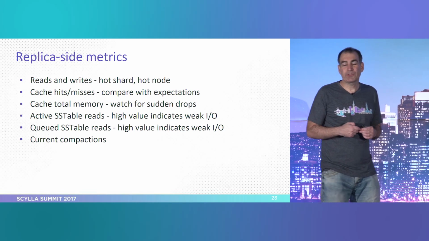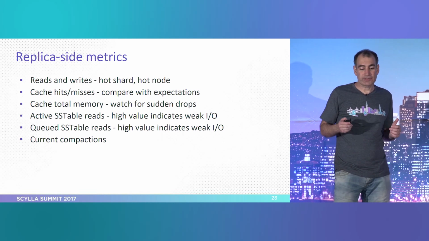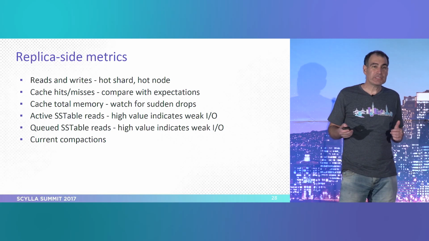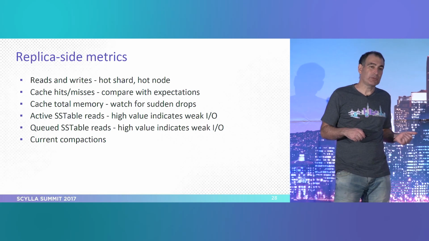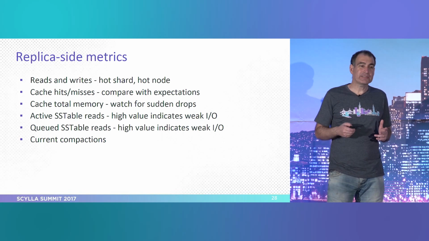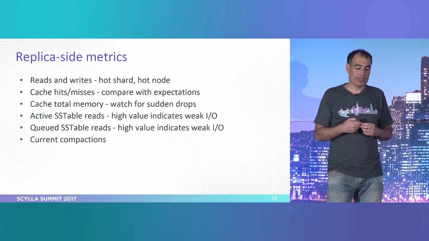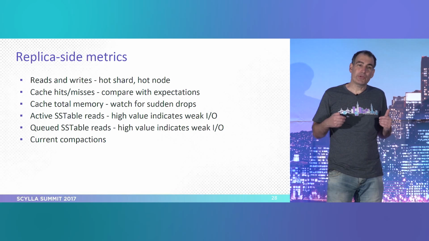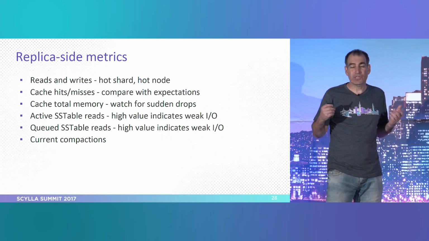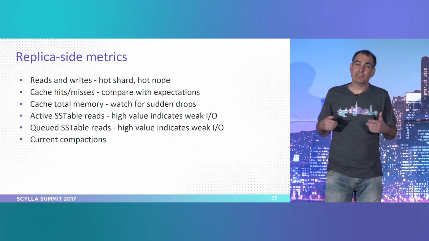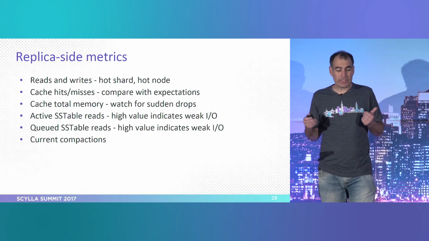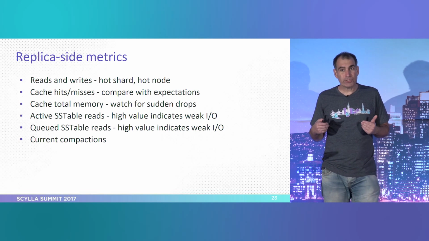If a query did not hit the cache, then it goes to the SS table. And again, we have two important metrics: active SS table reads and queued SS table reads. The active reads are the reads that are actually accessing the disk right now. If the number is high, then your disk load is going to be high. If your disk is not very fast, then the latency is going to go up. And the metric after that, the queued SS table reads, is even worse. It means that